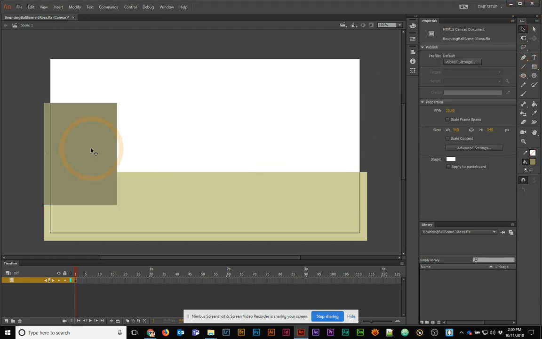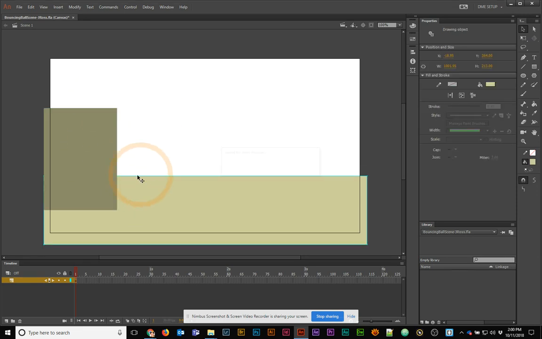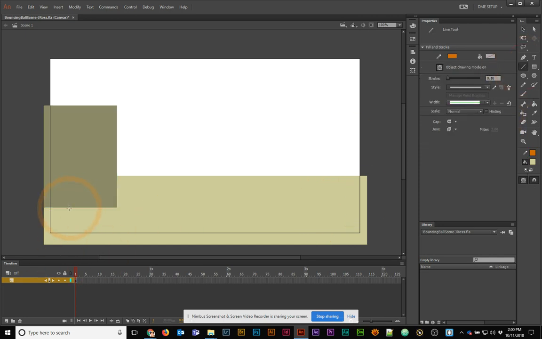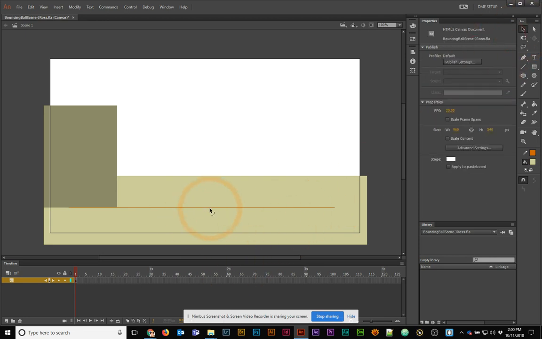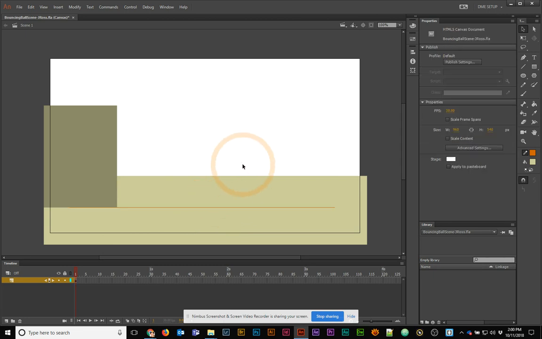So now at least I have some sort of ledge that the ball will come onto. And instead of it hitting the floor up here where the border is, I'm actually going to make the floor the bottom of that object, because that's a little bit more interesting for us to be able to imagine, that the floor is actually where the bottom of that object is. And so I'm going to draw just a quick line that goes across. And it doesn't really matter what that line color is for right now,